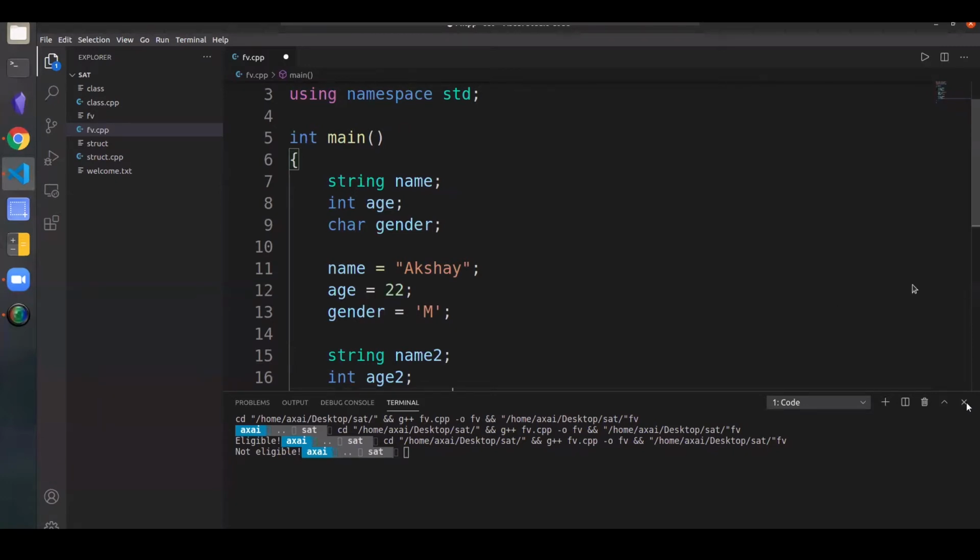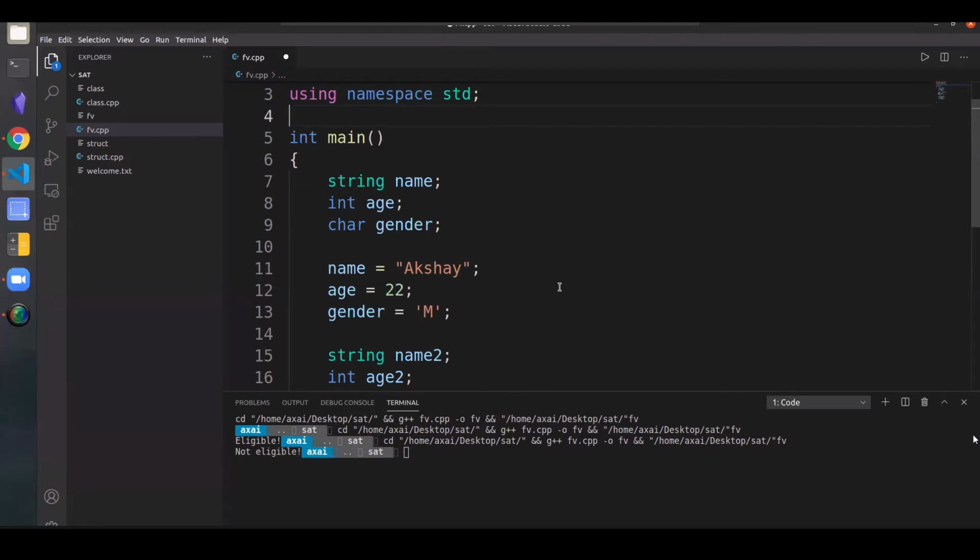And we know that each and every single person, this has been established, right? Each and every single person will have his or her own name, his or her own gender, and his or her own age. So these three things are fundamental. Each and every single person will have these things. So one possible solution to this would be to obviously use arrays, right? But then again, it's not very efficient.